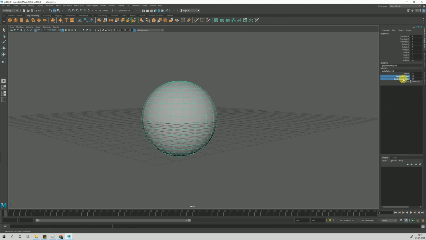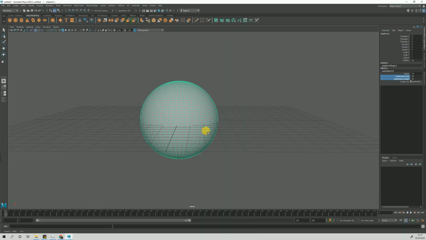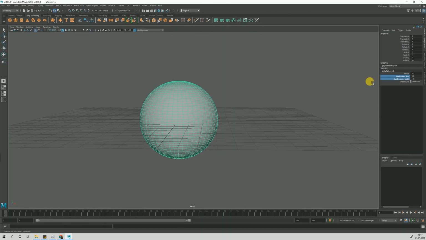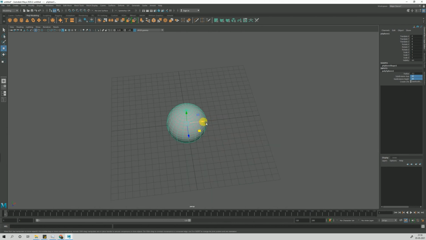Again, for the axis, if you select both and press the middle mouse button, you go from a very low-resolution shape to a very high one. So 50 seems to be the limit, we can't go ahead of that. But even if we want to go ahead of that, we can directly put in a value. We can go crazy. I don't want to crash my Maya. So let's stick with 20. Let's see the next shape.